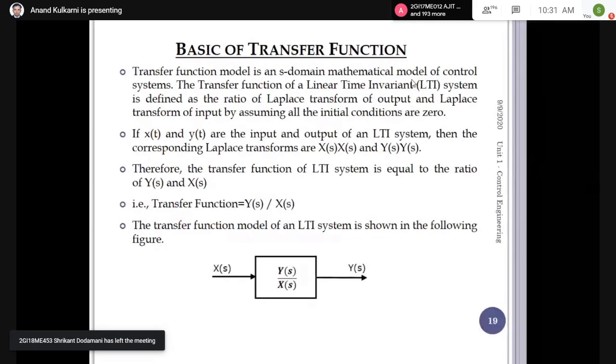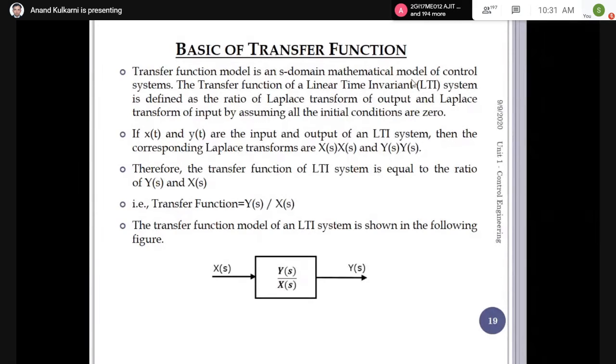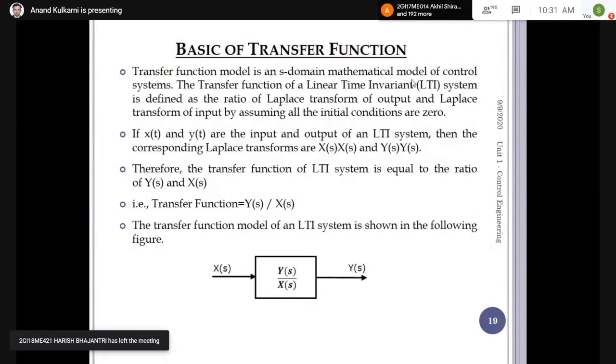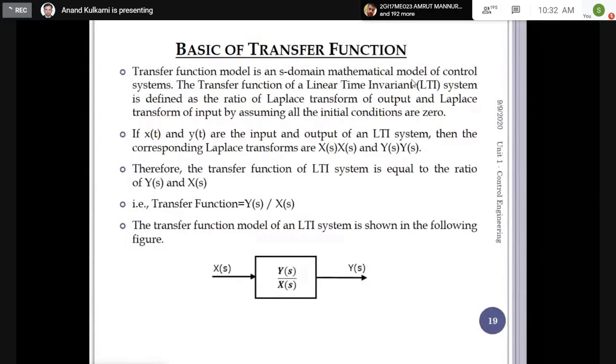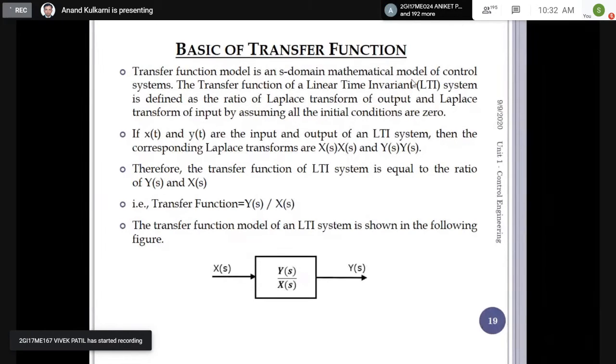A non-linear system means some of the components involved are non-linear in nature. First of all, the mass: here we are taking mass as constant. Similarly, we are taking the damping coefficient f as constant, and k, the spring stiffness, as constant. But the mass may change.